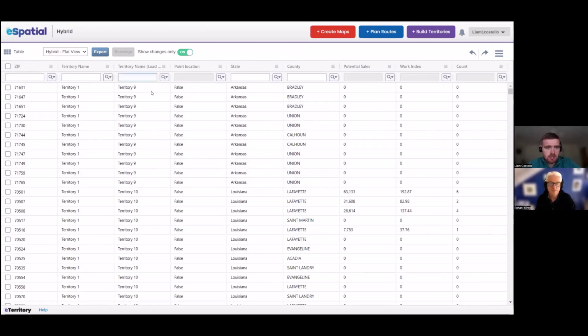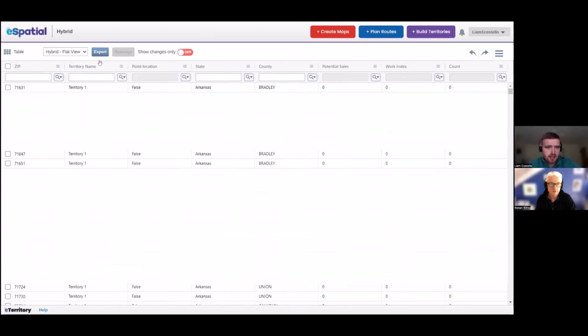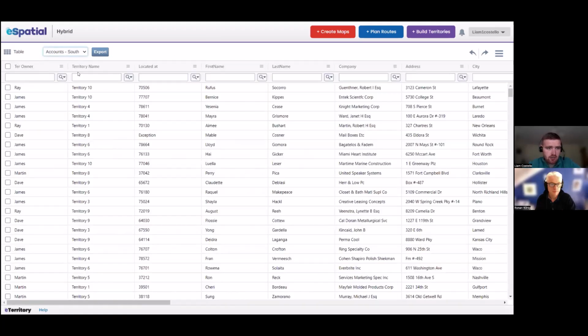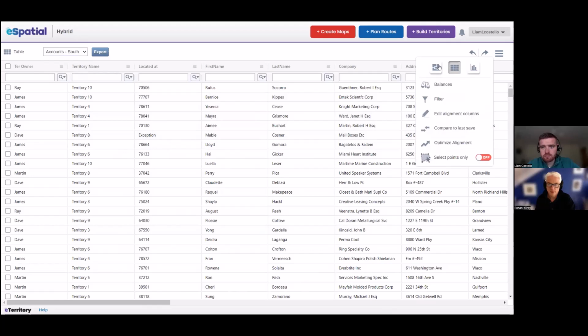You'll be able to see the initial load value and what territory they're assigned to now. And again, you can export this list, or if you wanted to export out the entire account list, then the new definition, let's say, you can export it from here. Similar to exporting the underlying zip codes that cover each region, we can export them out as well.